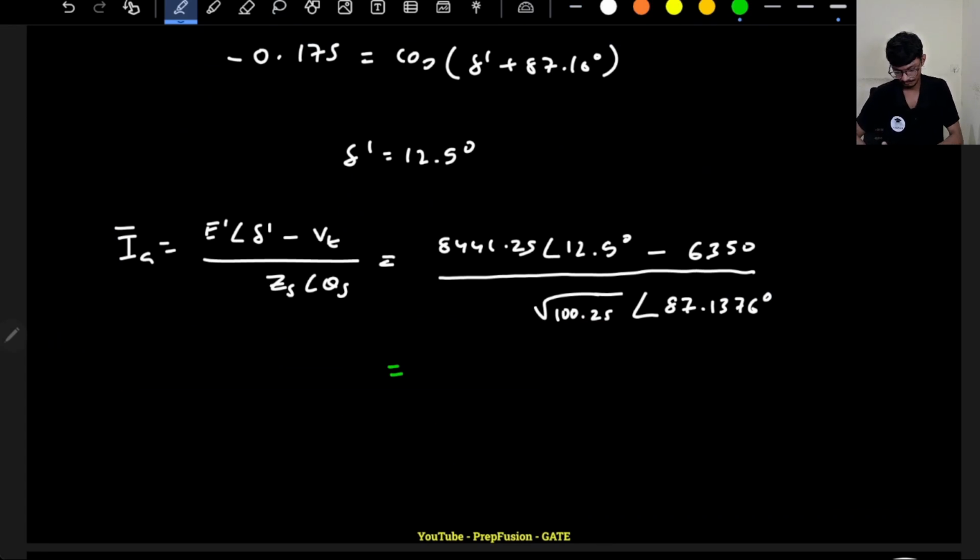So if I calculate these values, the numerator I want to calculate